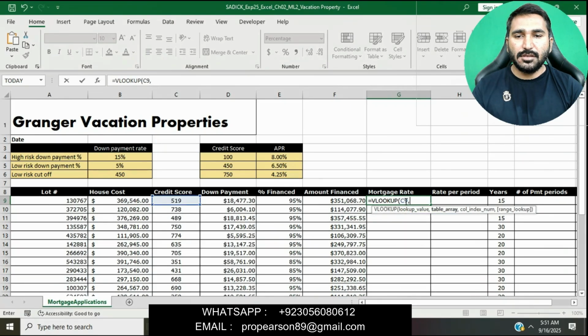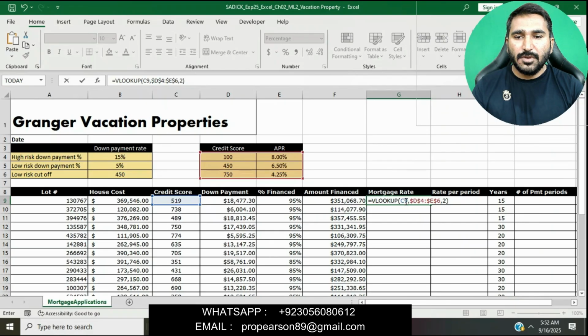Then C9 is the credit score, and then D4 is an absolute cell reference value. You can see I have entered the VLOOKUP function in cell G9.